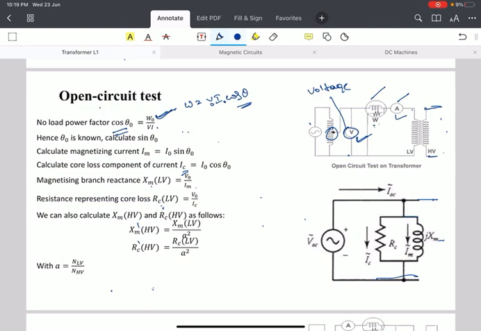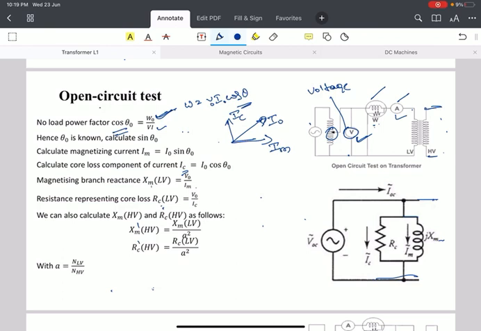So we have this no load current. Vector diagram of no load current can be written like this. This is the no load current. I naught is the no load current. It has a component of magnetizing current and copper loss current. Okay, so we have I naught from the wattmeter.